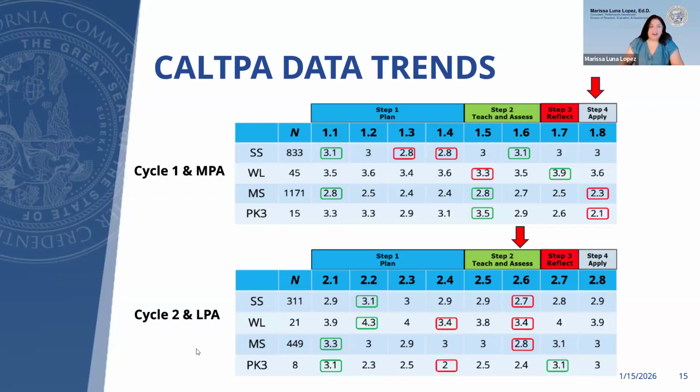All right, and cycle 2 and LPA, taking a look at some areas where candidates are scoring 3 or above. And again, remembering that the passing score is 16, so a candidate who scored 2 across all 8 rubrics would meet the minimum passing score. It is a new performance assessment this year, so that's part of the supportive passing standard. We will be talking about step 2 and rubric 2.6, specifically around the actionable feedback that candidates are providing to their students.